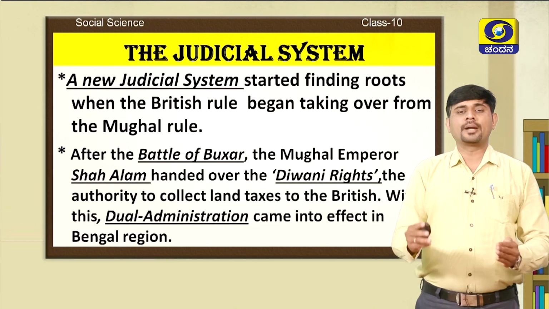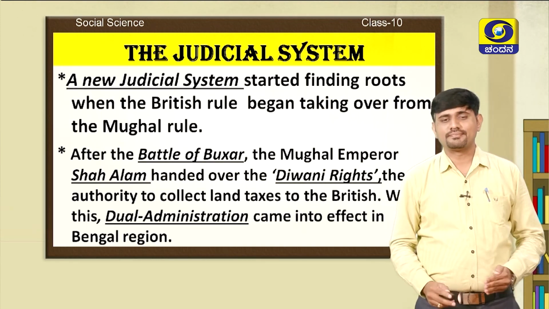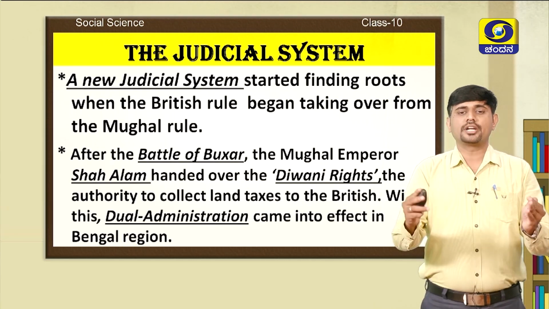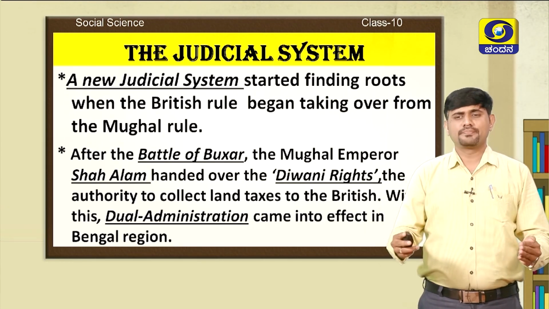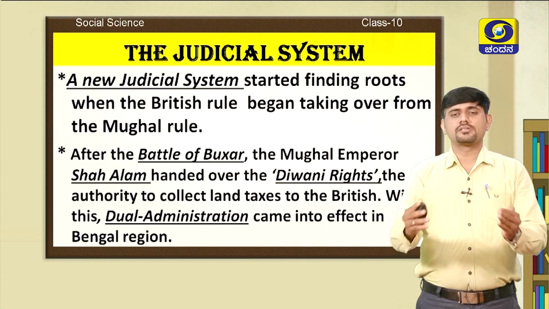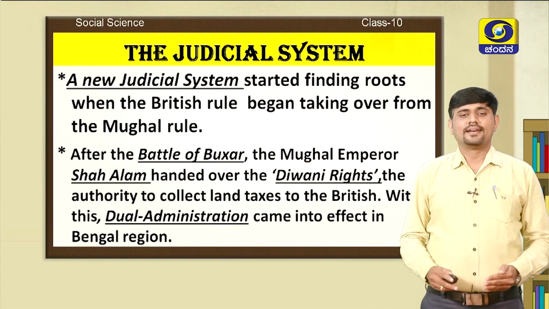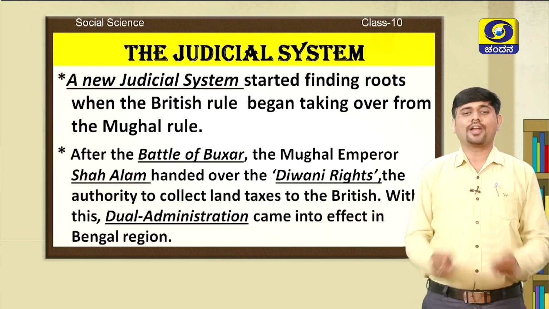The British government brought several reforms, even in the judiciary system of India. A new judicial system started finding roots when the British rule began taking over from the Mughal rule. That was the time the Mughal Empire was declining. As a result, the British started to take firm control over India. After the Battle of Buxar, the Mughal Emperor Shah Alam handed over the Diwani rights, the authority to collect land